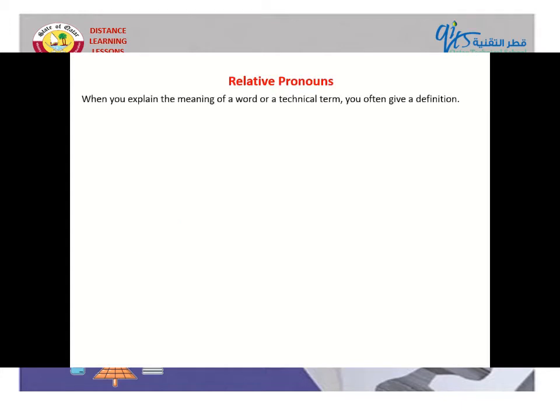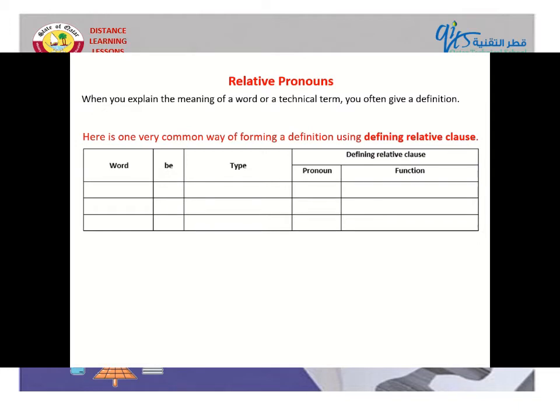When you explain the meaning of a word or a technical term, you often give a definition. Here is one very common way of forming a definition using defining relative clause. We have the first, which is the word that is what you want to define or explain. And then we have be, which is the verb to be, is or are, and type,